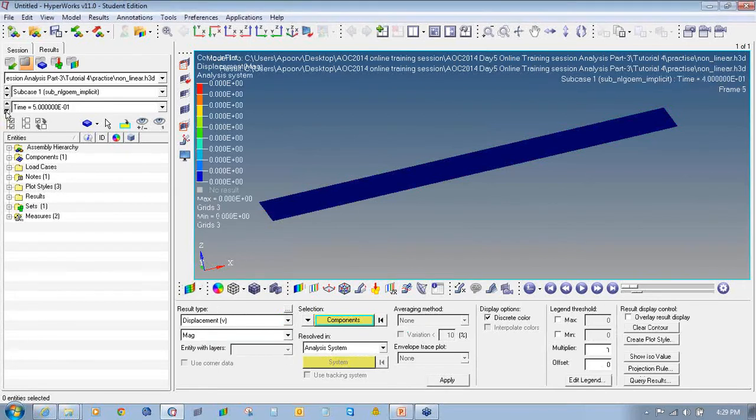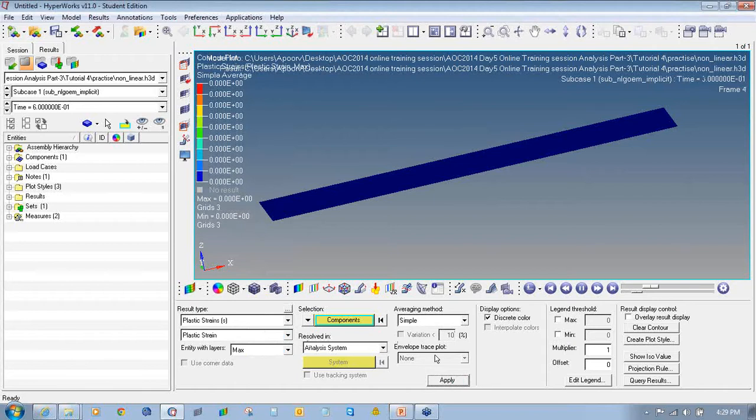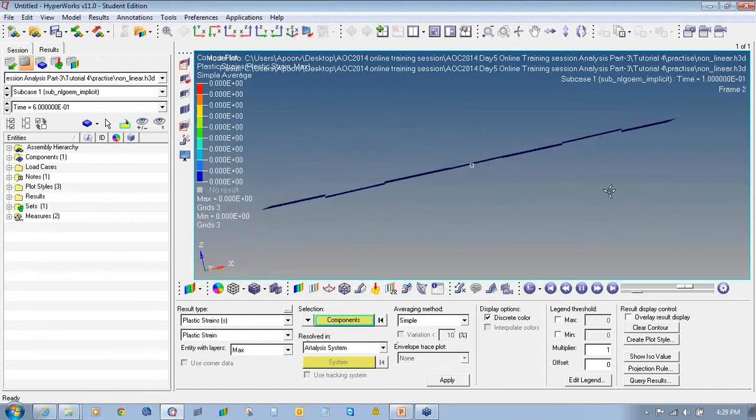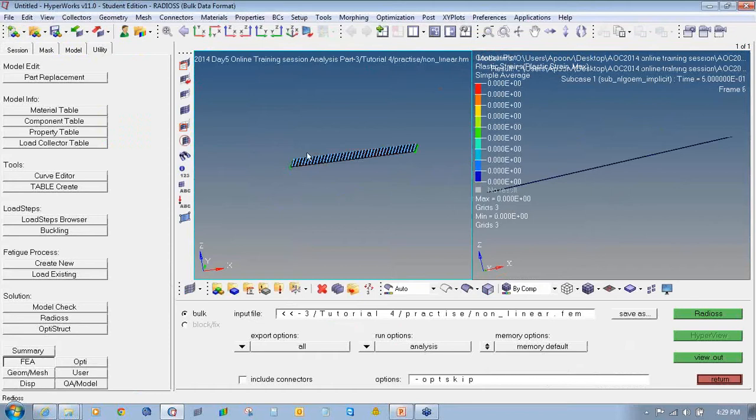For 0th second, the stresses, so these are the required results which we got from the analysis. So in this way I have ended this tutorial.